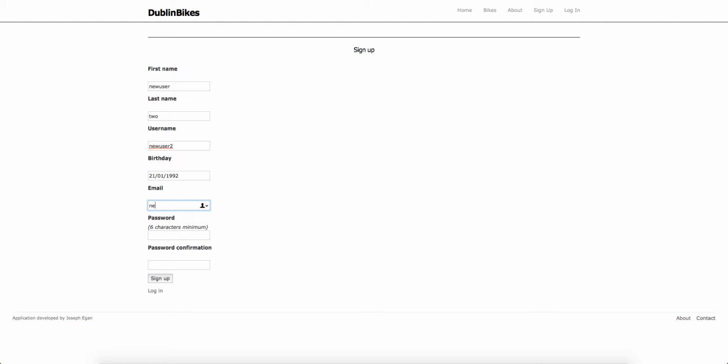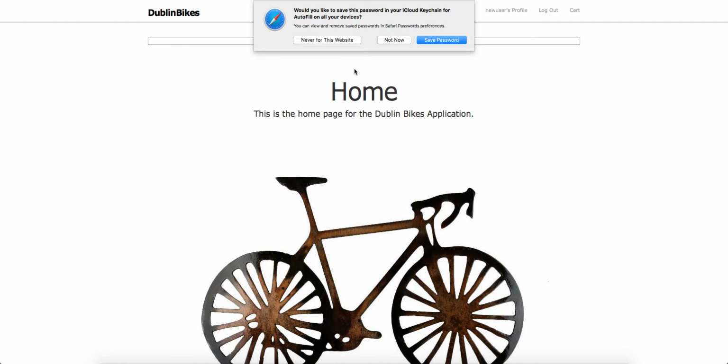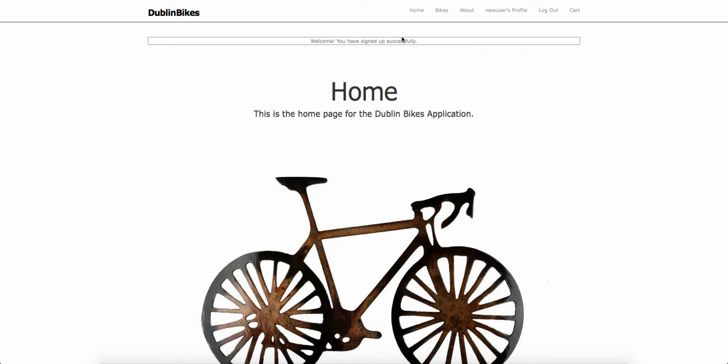Email address, new user 2 at outlook.com. Password 123456, capital L. 123456, capital L, and sign up. Not now. Okay, so we have successfully signed up, and now we'll go to the catalog, and as you'll notice,